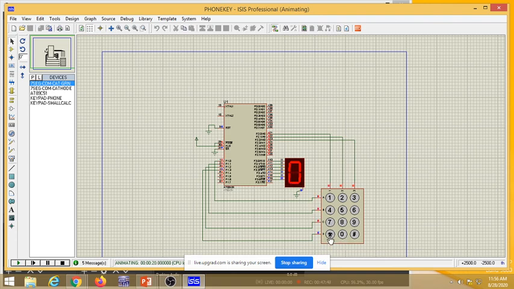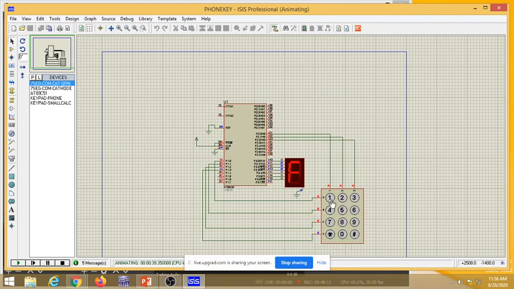Now this hash and star are not possible on a 7 segment display. It is just displaying 0 to 9 and later A to F, and that's why instead of this I am writing A in the lookup table, and instead of this hash sign I place the code for F.